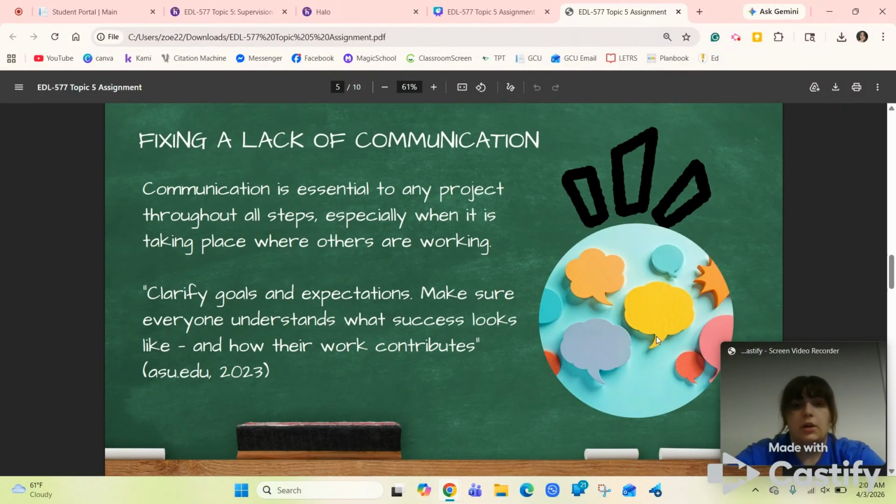So to make sure that we are actively communicating with each other, we are going to set clear goals and expectations and make sure that everyone understands exactly what those goals and expectations are. When we have those set goals and expectations, we are able to follow a strict set of guidelines that keep people accountable for exactly what they should be doing. And communication should be streamlined as everyone has their specific job.